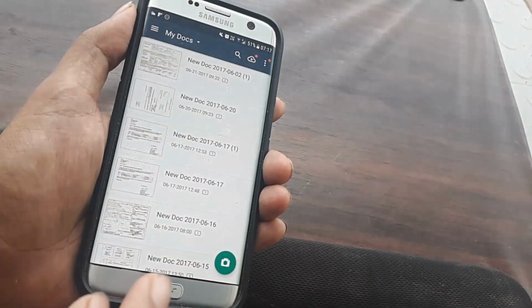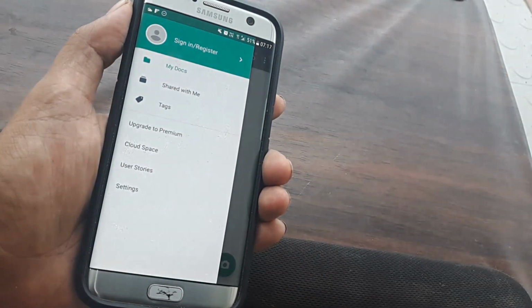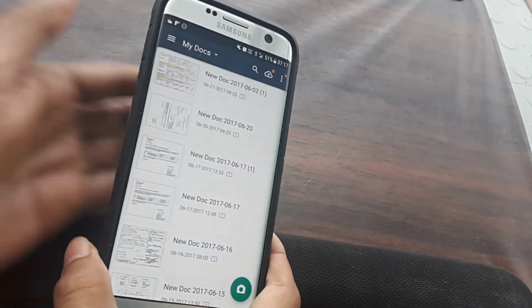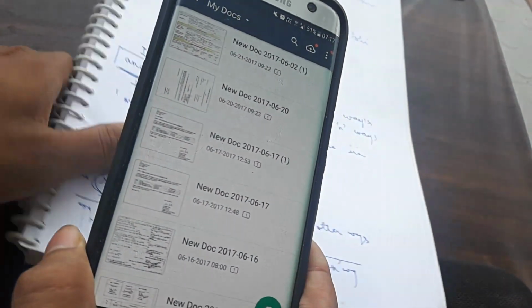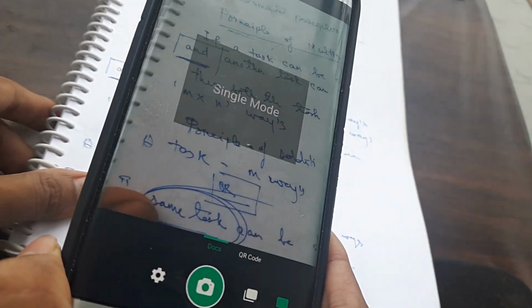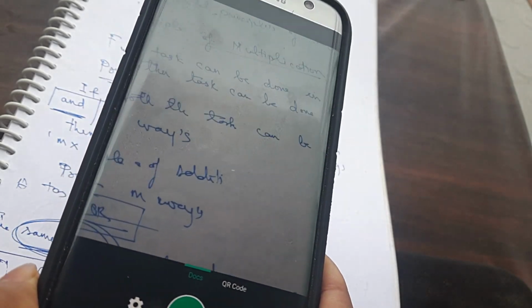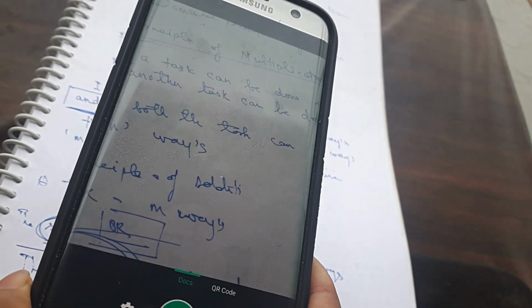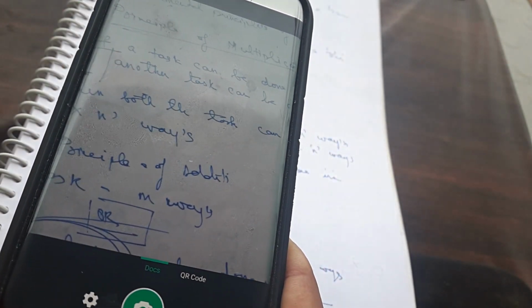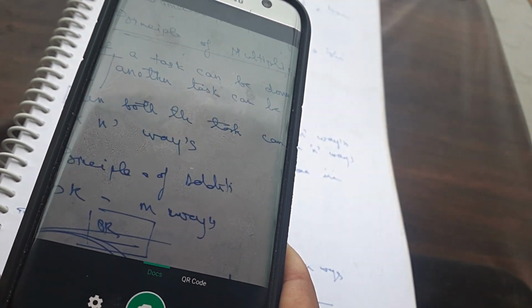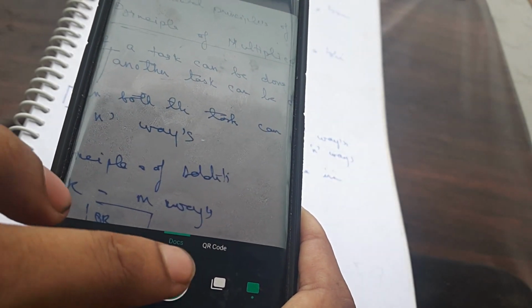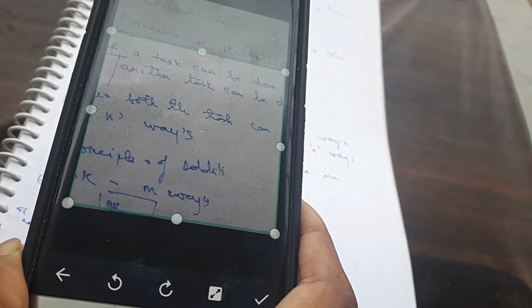Now this is pretty much the user interface. You have a small grid here. This will help you sign in, register and other things. Let's do this. I'll just bring up a small document here and I will open up the camera. Obviously for the purpose of recording this tutorial I don't want a very exact scan, but I would bring the entire visible range which I would want to scan in normal circumstances, and then I would hit the camera button. So say I do it right now.